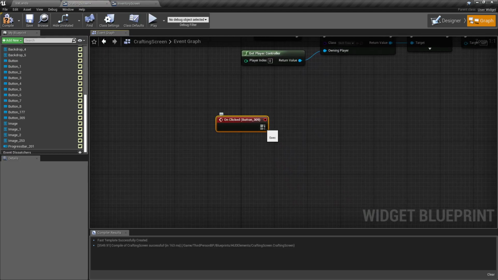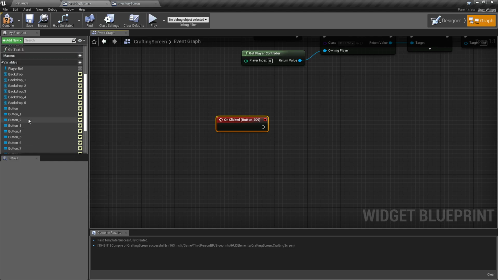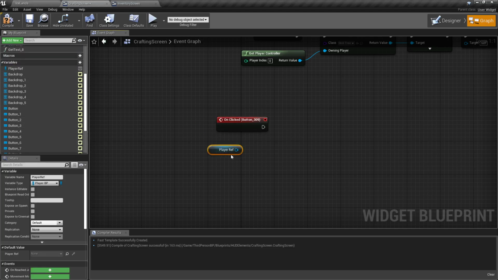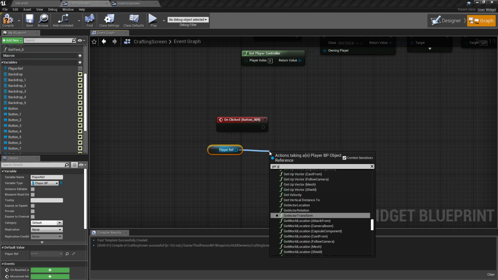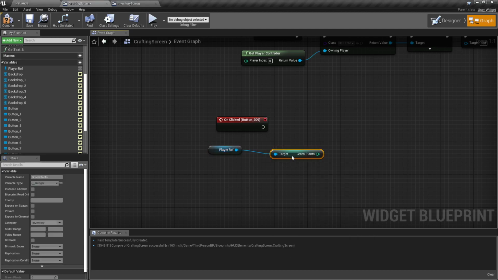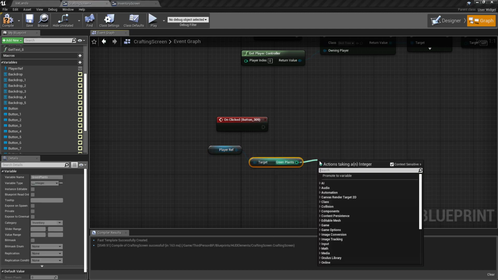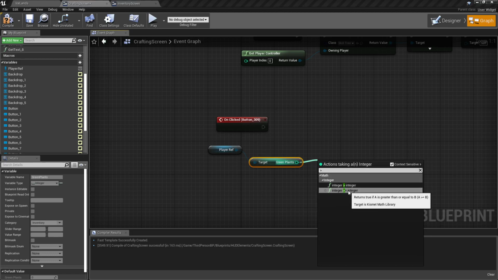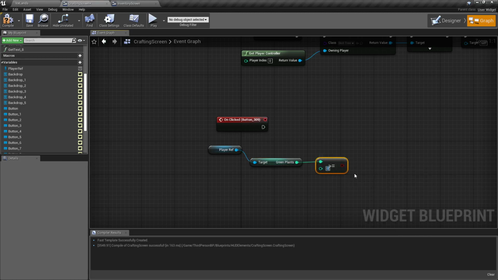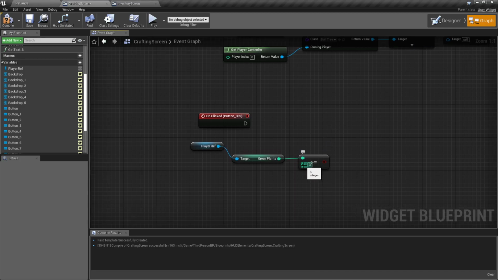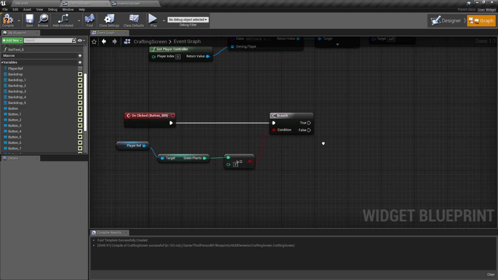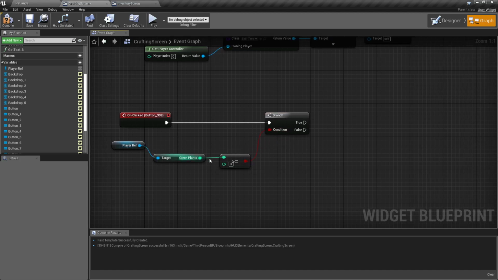So for our potion that costs 3 green plants, we want to drag out our player ref, get green plants, drag off, find out if it's greater than or equal to our requirement, 3. And hold B left click for a branch,